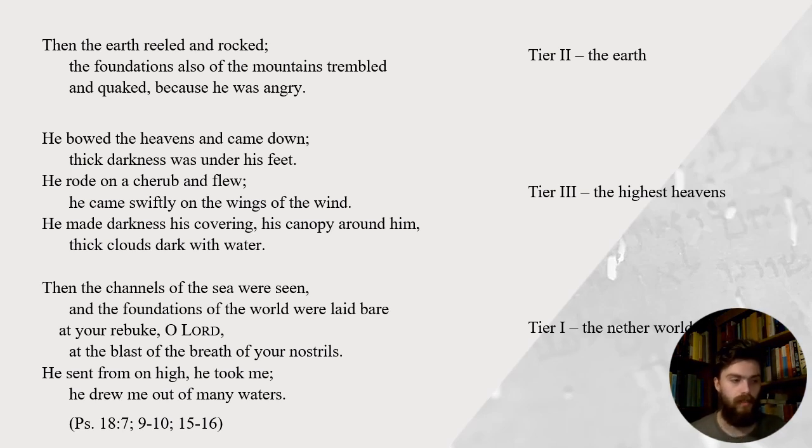And understanding that context helps us to understand Jesus when he quotes to the Pharisees and says, I will show you the sign of Jonah, obviously meaning that he will be taken down to the depths of the earth, much like Jonah was, under the sea into the underworld, where he will remain for 3 days. And just as Jonah was spat back out and resurrected, Jesus will also arise again from that point. This is where I think the three-tiered cosmos and understanding the world this way really helps our understanding of the whole biblical narrative as a whole, but also understanding claims like this that are made in the Old Testament.